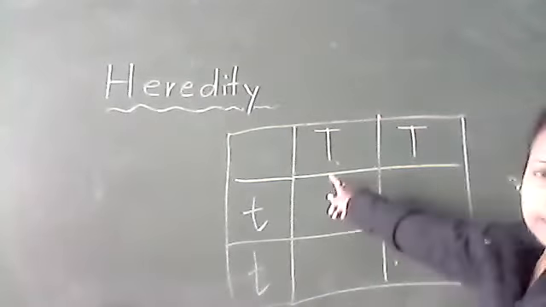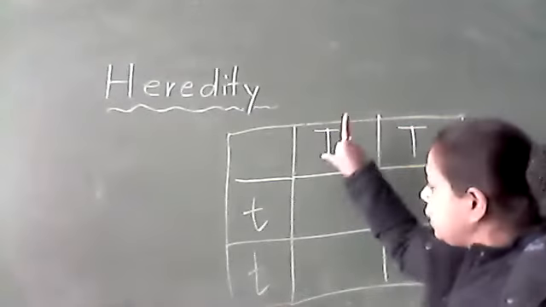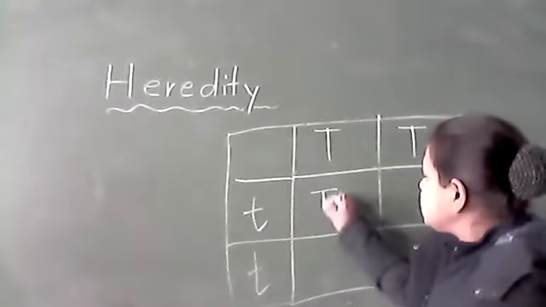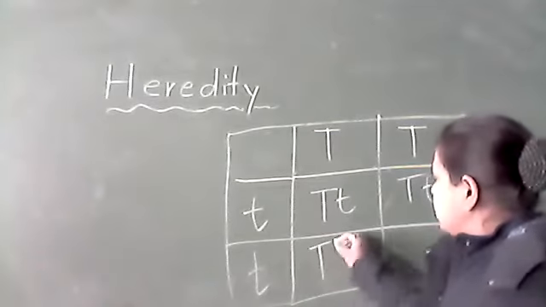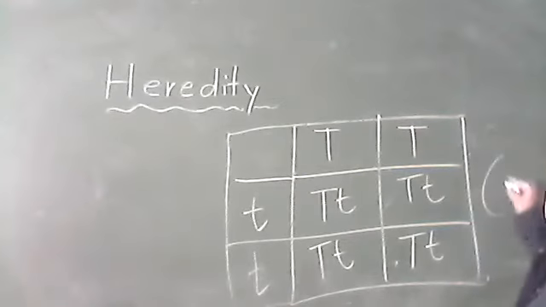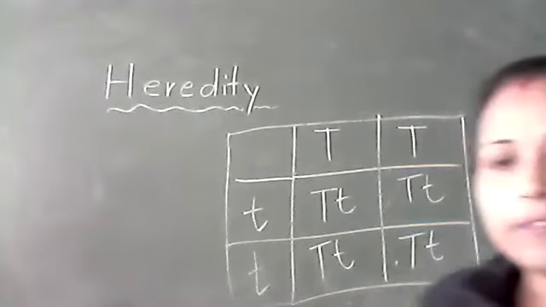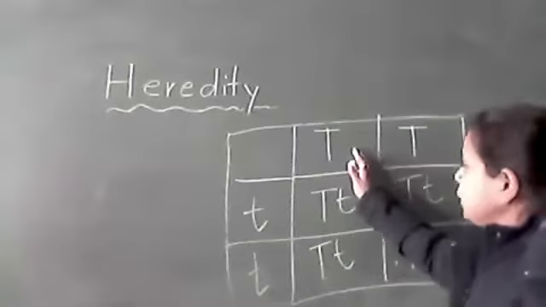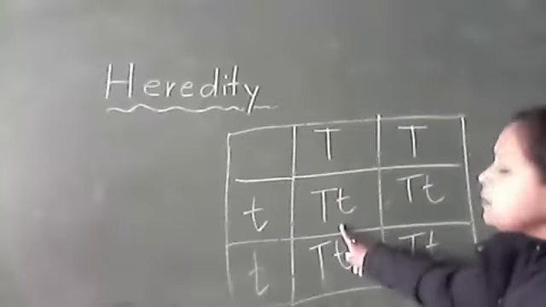Okay, see what he did. He crossed the pure line tall, means true breed of tall plant he took and true breed of the short plant he took. He crossed tall with short plant. In the first generation, he obtained the ratio. See what will be the ratio when we are doing this one. See, all plants were tall. कैसे plants मिले उनको? सारे के सारे tall plants मिले. In the first generation, F1 generation, he obtained all the tall plants. Okay, by crossing true breed of tall plants with the true breed of short plant in the first generation, he obtained all the tall plants.